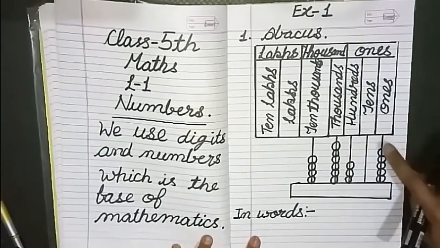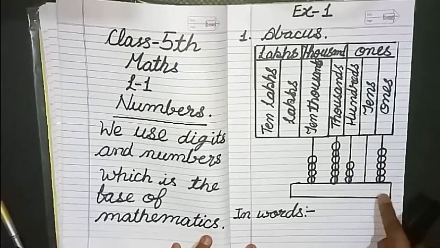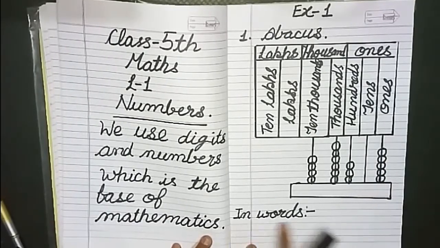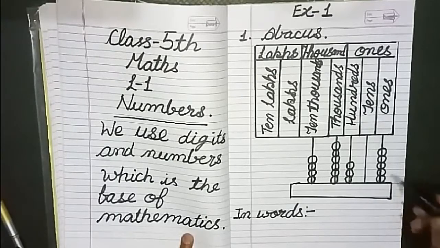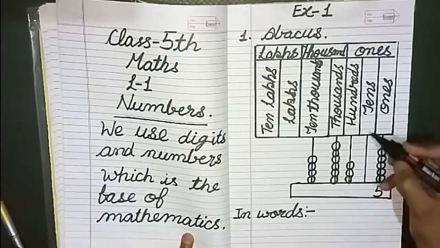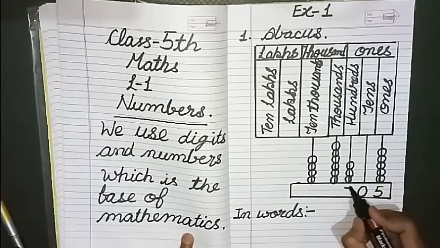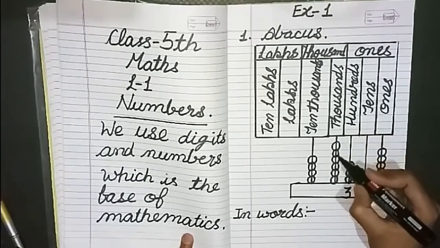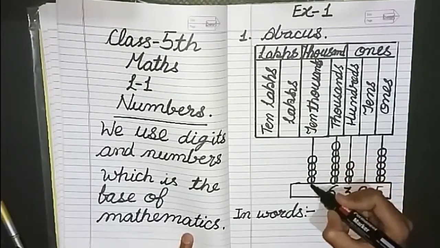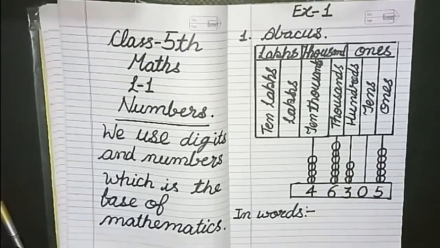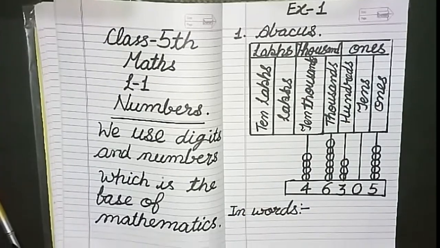So now we will count these beads and write them under in the box. Here we have 5 beads, right? Similarly we will write this value in the box. So here let's count 1, 2, 3, 4, 5. Let's write 5. Second rod has no beads, so it is 0. Third has 1, 2, 3 beads. Fourth has 1, 2, 3, 4, 5, 6 beads, and last one has 1, 2, 3, 4 beads, right? So this is the value. Here we have to write this value in words.